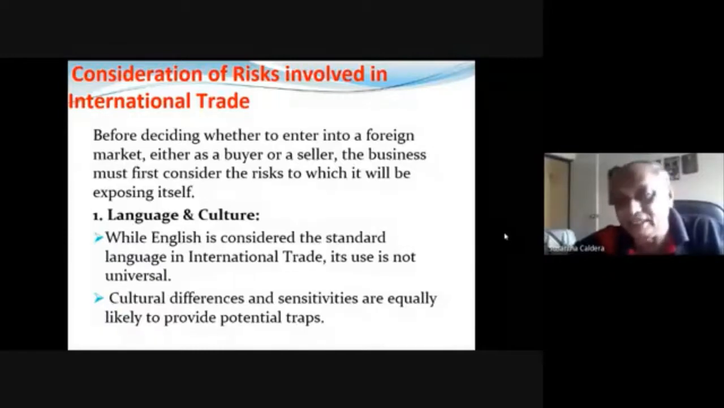So English is considered a standard language in international trade. But it is not universal. Right? There are other languages used in international trade. I have experience of receiving LCs in